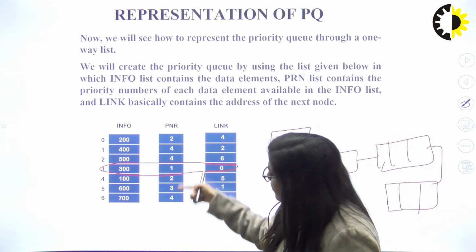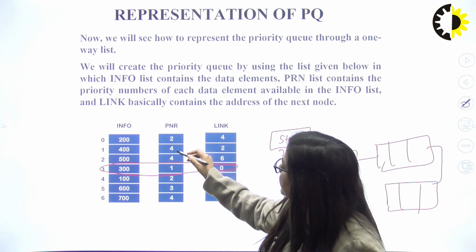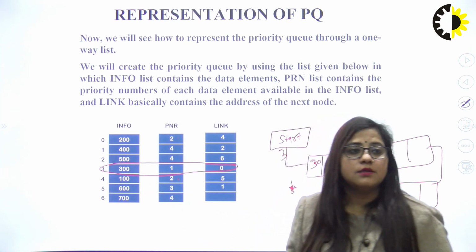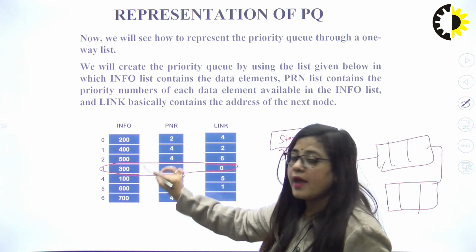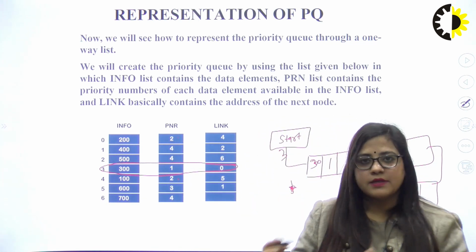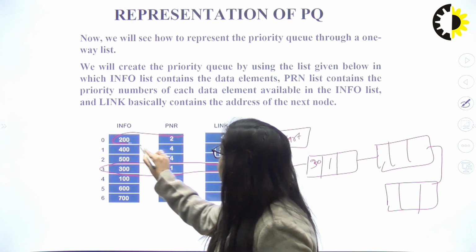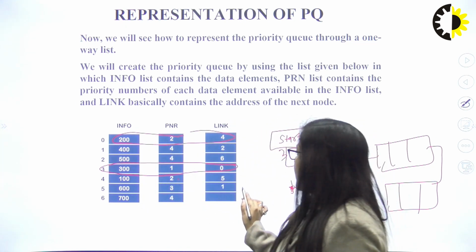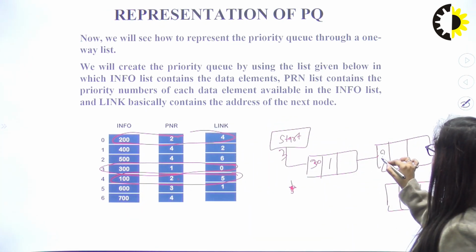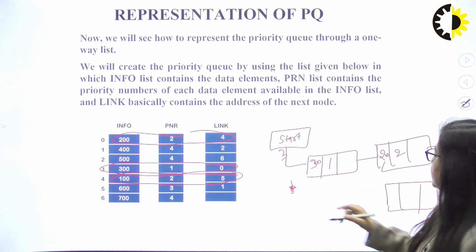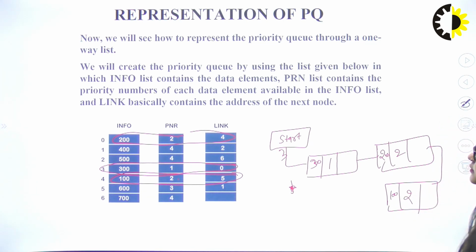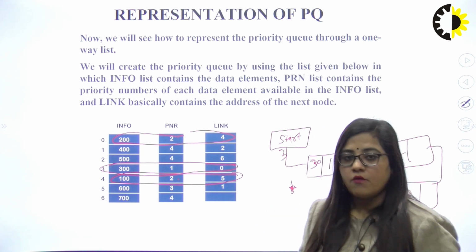Now check the second priority. Second priority is 2 and 2, and there are two numbers, 206 number. Two numbers are here and have the same priority, but it works on FIFO, which is first come, first serve. So first we take this location, after that we will take this location, then 202 or then 102. Got it?